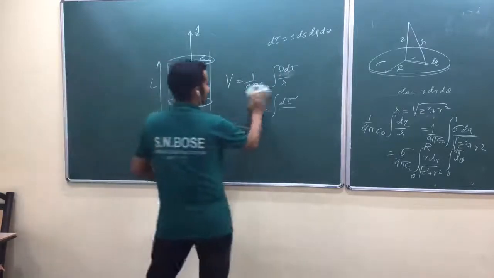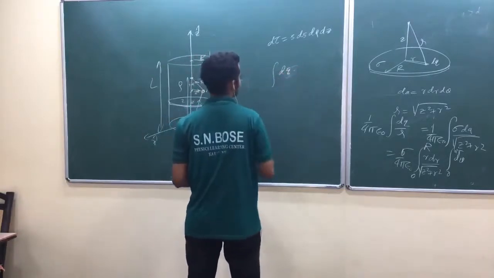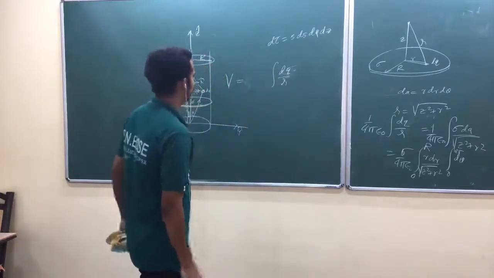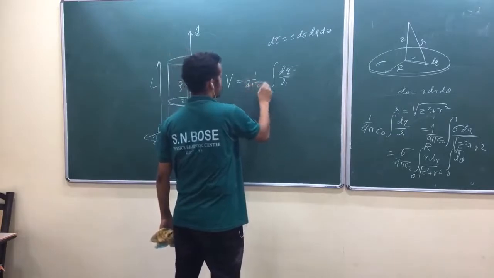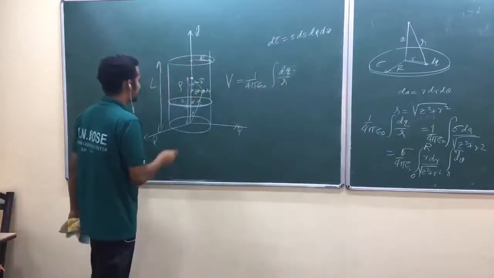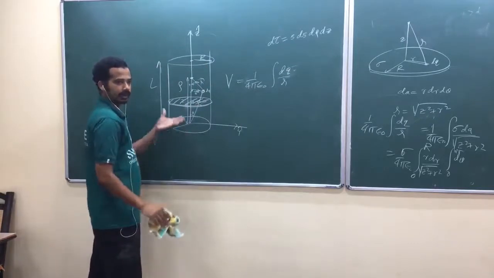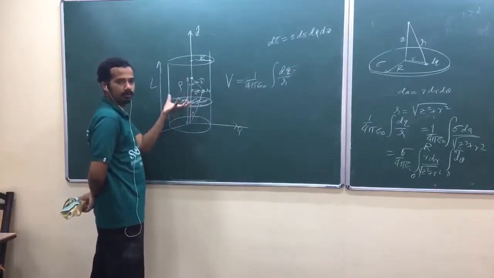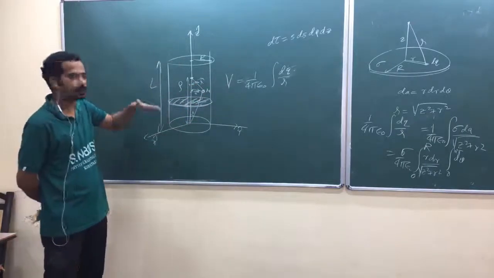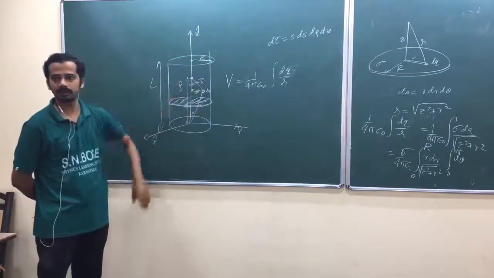In case of disk, look at here. You have to write the integral of dq by r, one by four pi epsilon naught. Now you have to use this answer. So in place of dq, take the whole charge of this disk. Take the answer of the whole disk, and the whole disk as a charge dq. Because now in the cylinder, if you just chop it, the disk is an elementary one. Am I right? So take its charge as dq.